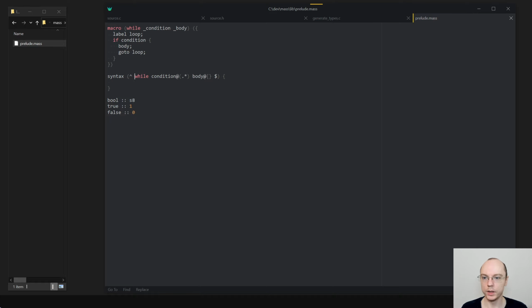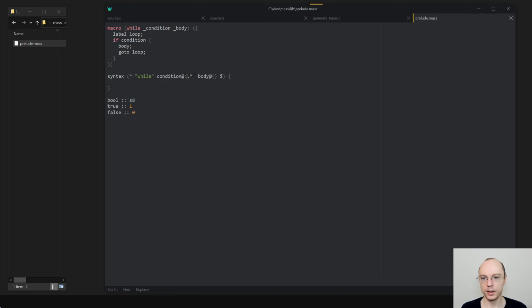Maybe or while actually should be a string. Yeah, I'm not opposed to this version. It seems pretty decent. I could actually use something like this, but that might conflict with other syntax.